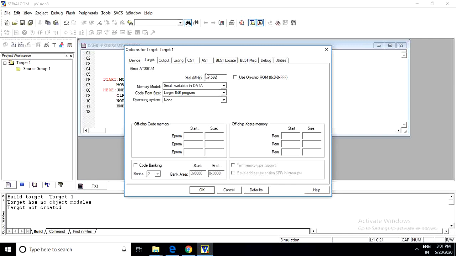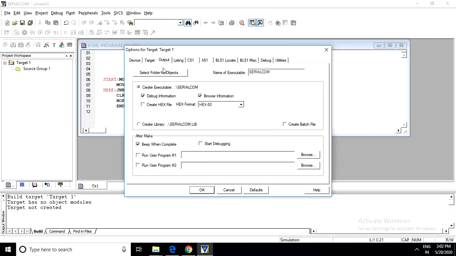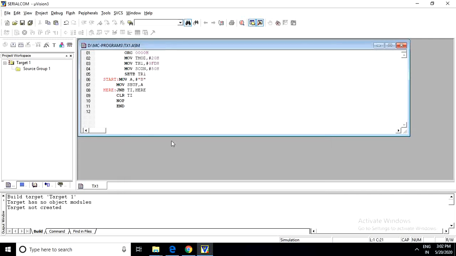This is the oscillator frequency, and you need to click use on-chip ROM. Then go to output. Here you need to create a hex file, then click OK.